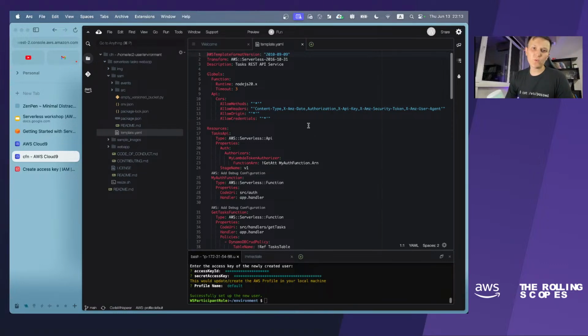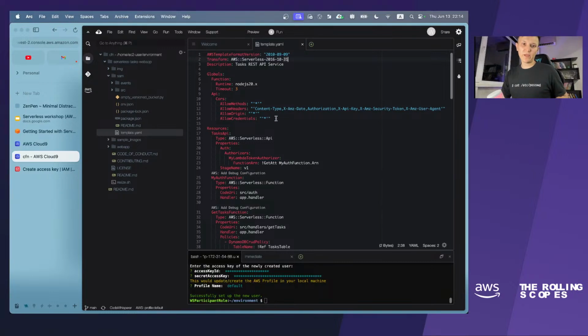It is YAML, which is very user-friendly, I believe, and easy to read. So it starts with the AWS template format version and Transform: AWS::Serverless. This line, Transform AWS Serverless, tells us that it is not a CloudFormation template, it is a SAM template.